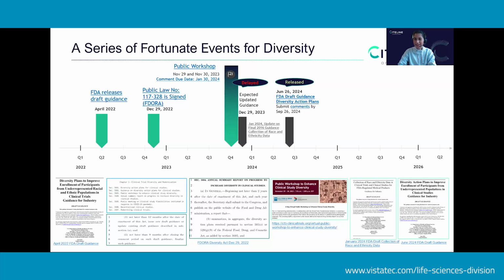Finally, the delayed guidance on diversity action plans is out, and that's the theme of our conversation today. And we all know that once the updated guidance is released, FDA has within 9 months after you have submitted your comments online to submit a final guidance. So again, a reminder to all of you to submit your comments by September 26 and have your say before the guidance comes out final. We estimate like Q3 2025.